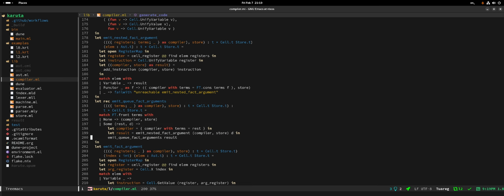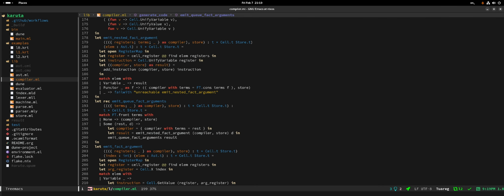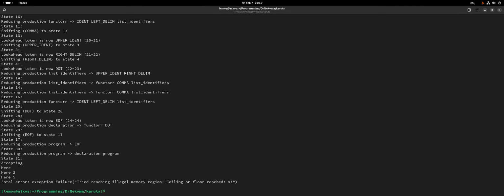My understanding is that this error message means that we are... Wait, are we out of memory? There's no way, right? Tried reaching illegal memory region. We have 100 in everything. There's no way we're out of memory, right?